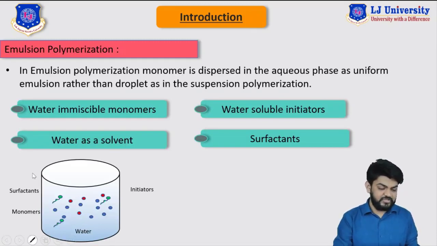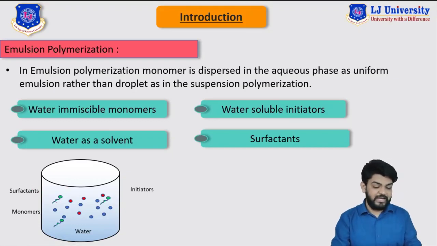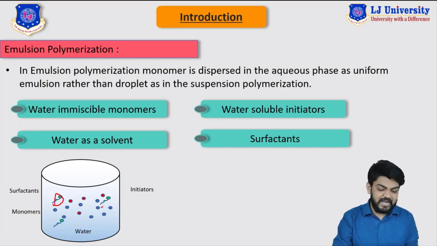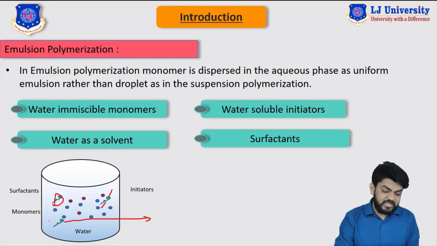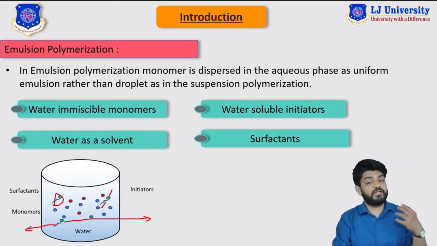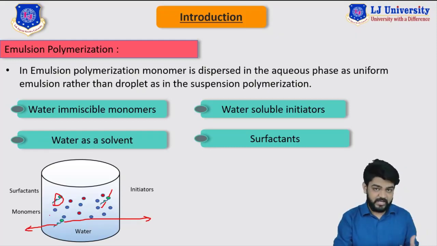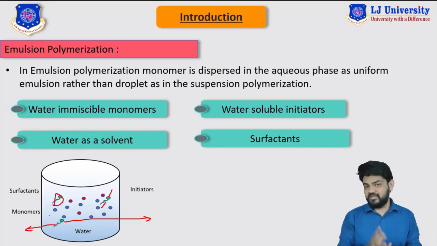Now let me take a pen so that I can explain these surfactants in more detail. You can see here these are the surfactants, which basically have a tail like this and one head. This head is hydrophilic, or we can say water loving, which is essentially soluble in the water. But this tail of the surfactant is water hating, or hydrophobic, so this tail is not soluble in the water.